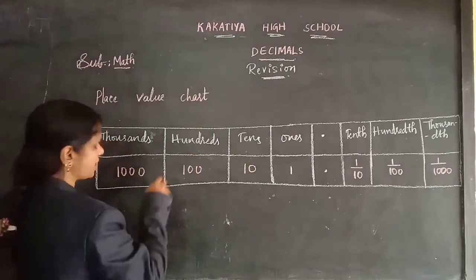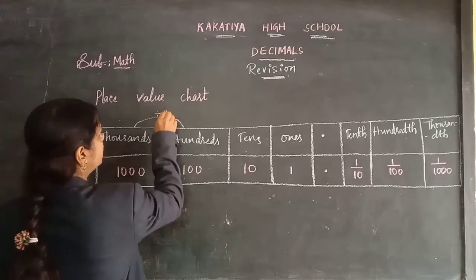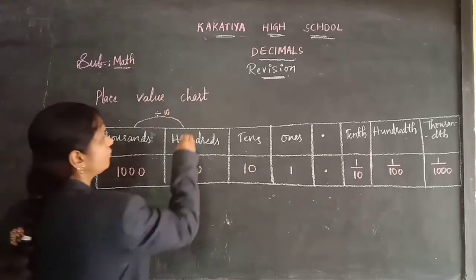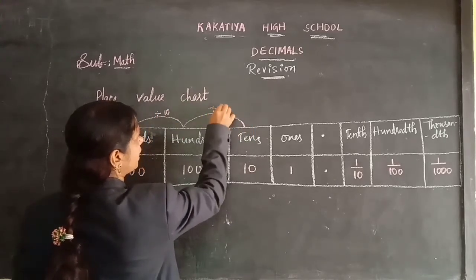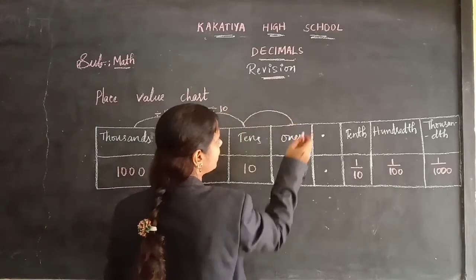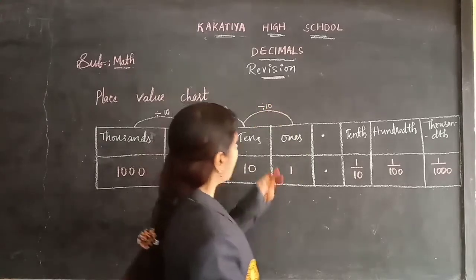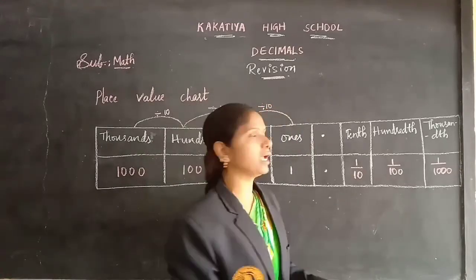See how we will get this 100th place, children. This number, the 1000, when you divide by 10, you will get the 100. 100 when you divide by 10, you will get this place. This 10 when you divide by 10, you will get 1. After dividing this, what will you get here?